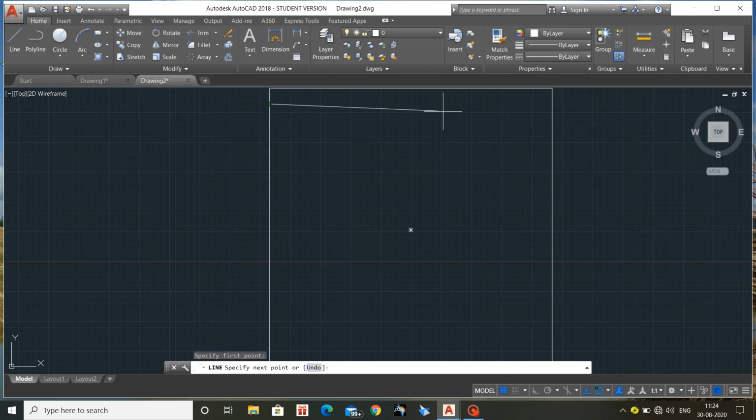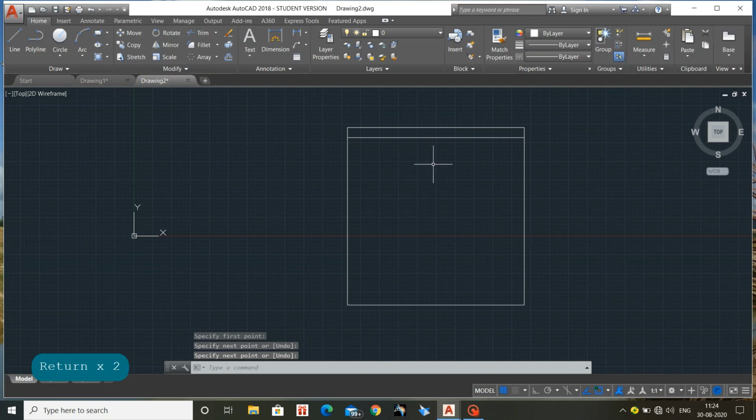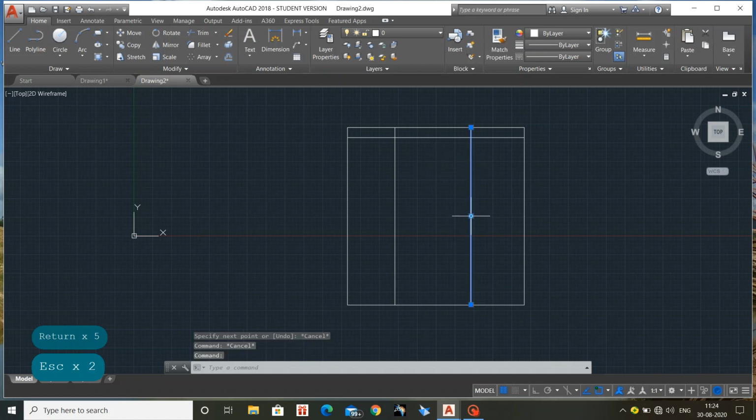So this is for the heading, and again I am taking line. This is for the subject, title, and now this is for the subject and conventional drawing. So I would like to move this a bit. Okay, so our table is ready.